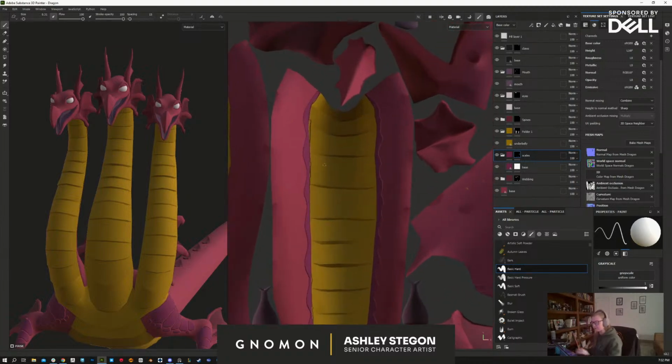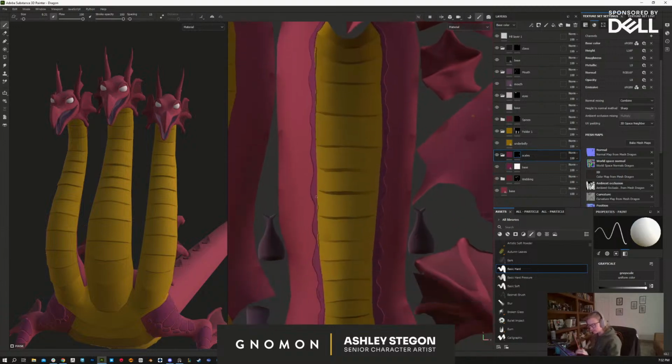I'm now painting it in a 2D view because that's a lot easier. I got distracted talking, but